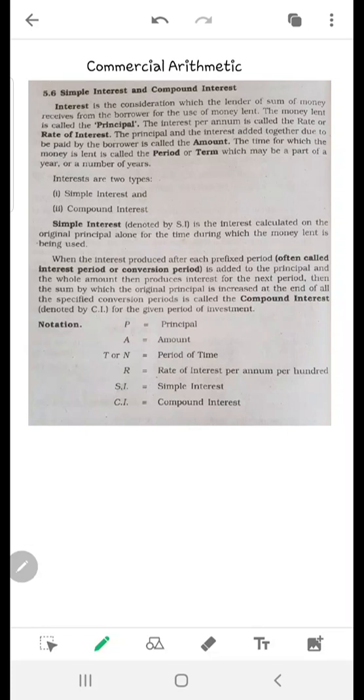Hi friends, today we'll start with the topic of commercial arithmetic. In that the very first topic was interest. So we'll learn regarding what is interest. ಇಂಟ್ರೆಸ್ಟ್ ಅನ್ನೋದ್ರ ಬಗ್ಗೆ ತಿಳ್ಕೊಳ್ಳೋಣ ಇವತ್ತು. Interest ಅಂದ್ರೆ ಏನು? So what is exactly interest? Interest is the consideration which the lender of sum of money receives from the borrower for the use of money